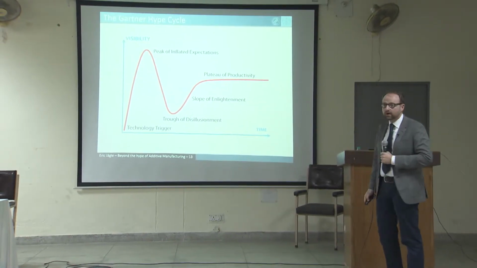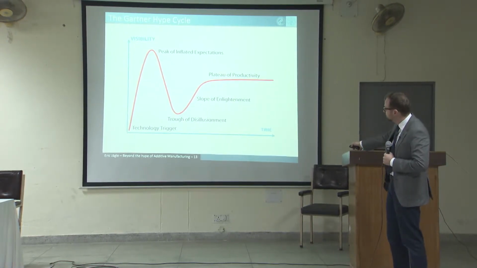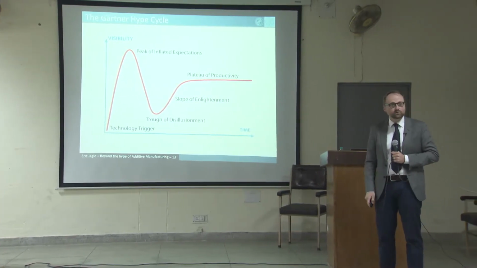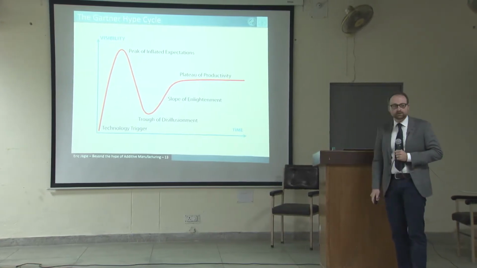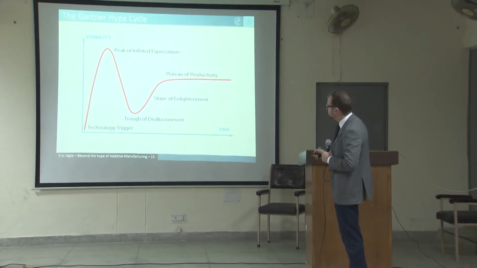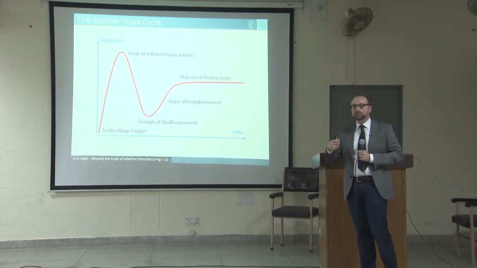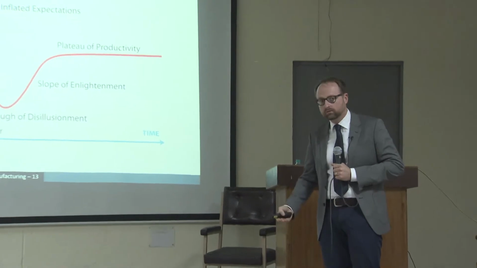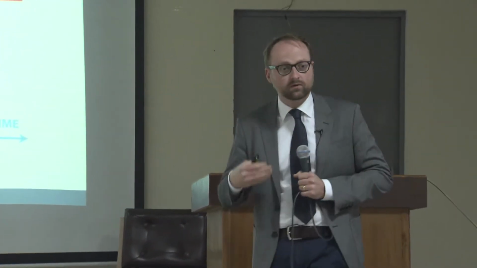where everybody's talking about it and thinks that this technology can take over the world. But as more and more people are actually using it and are making their first experience with it, they fall down into the trough of disillusionment when they realize that no, the world is not going to be changed, Rome wasn't built in a day, and actually the paradise is not coming because of this new technology. But finally, along the slope of enlightenment, they first of all use the technology better and use it for the purposes where it is best used,